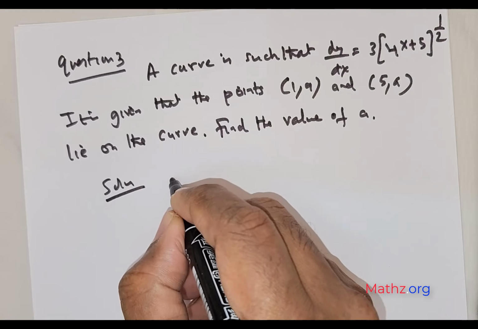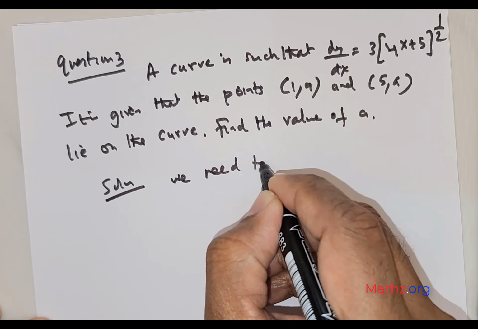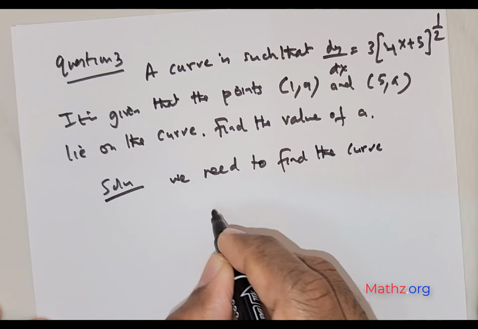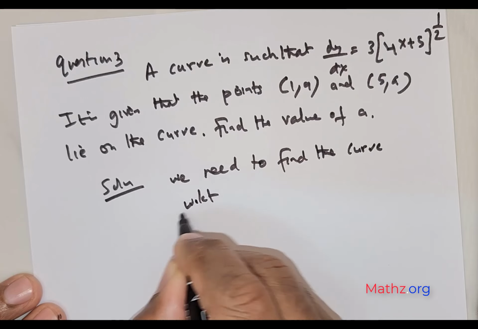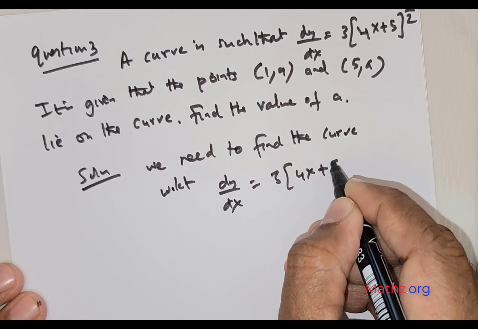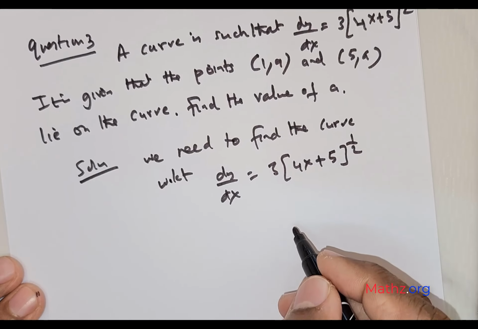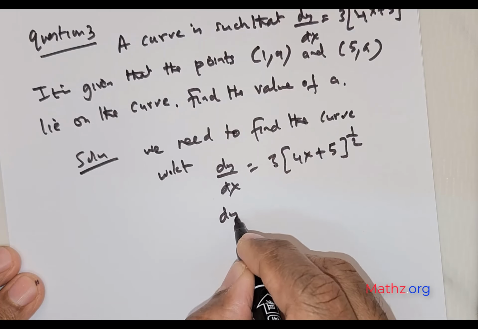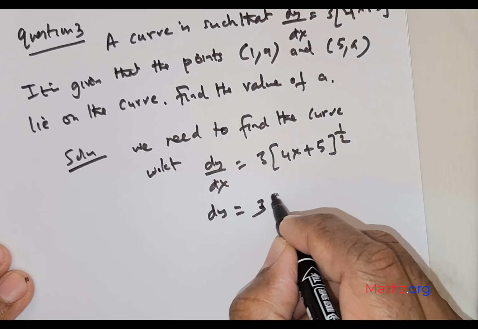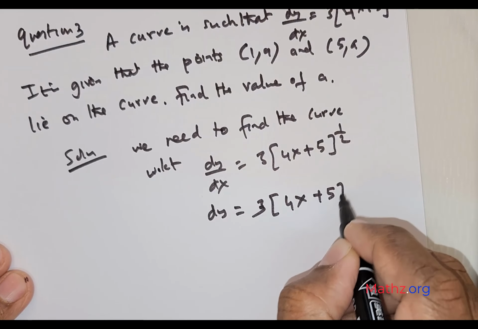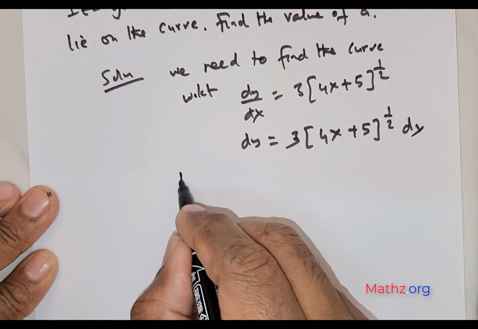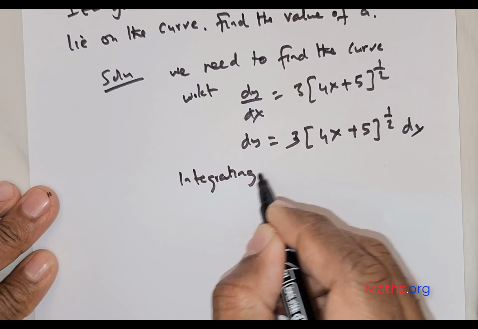Right. Now this is the solution. So what are we required? We need to find the curve. Now how do we do that? We know that dy over dx is 3 times (4x + 5) raised to the power of 1 over 2. I'm going to integrate. So for that I'm going to rewrite this as dy is equal to 3 times (4x + 5) raised to the power of 1 over 2 times dx, and I'm going to state that integrating both sides